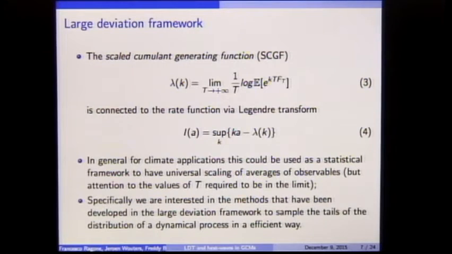So how could this framework be useful to study those events? In general, I could use it as a statistical framework. For averages long enough, I have a universal behavior of the distributions, and I can use it to study these processes. One has to pay attention to how long this time t has to be with respect to the characteristic time scale of the event. In particular, if you take the surface temperature average even over a small area, this has a correlation time of about 1 week. And heat waves are objects that have a lifetime of about 10 days, 2 weeks maybe. So definitely I'm not in the large deviation limit for the individual heat wave.